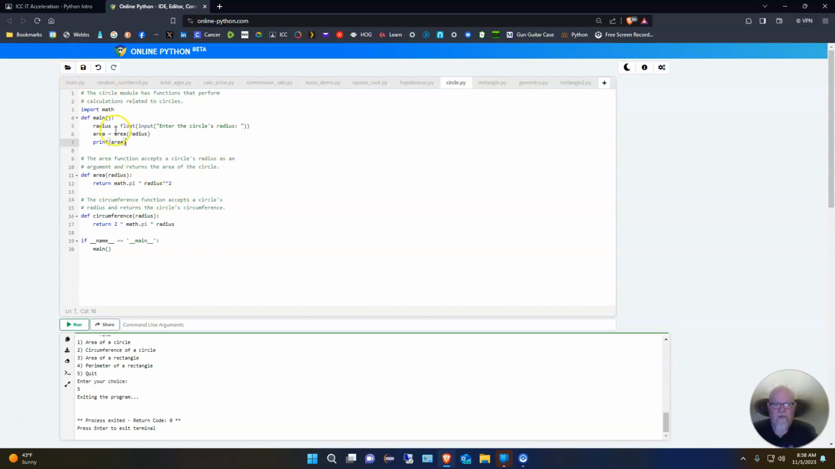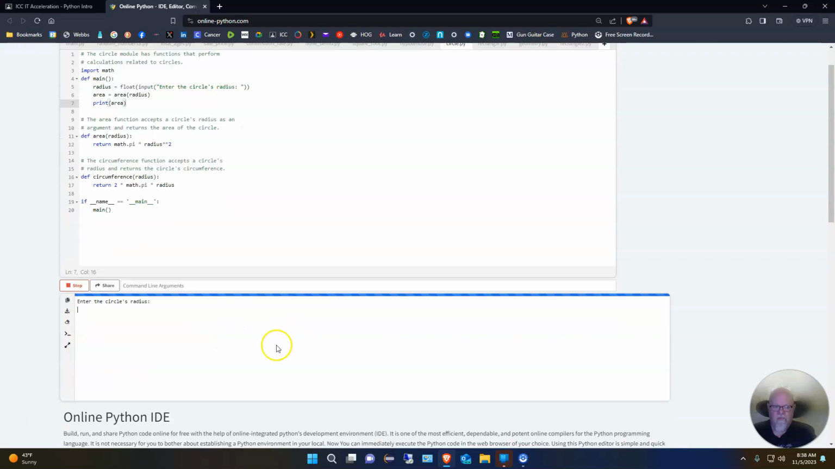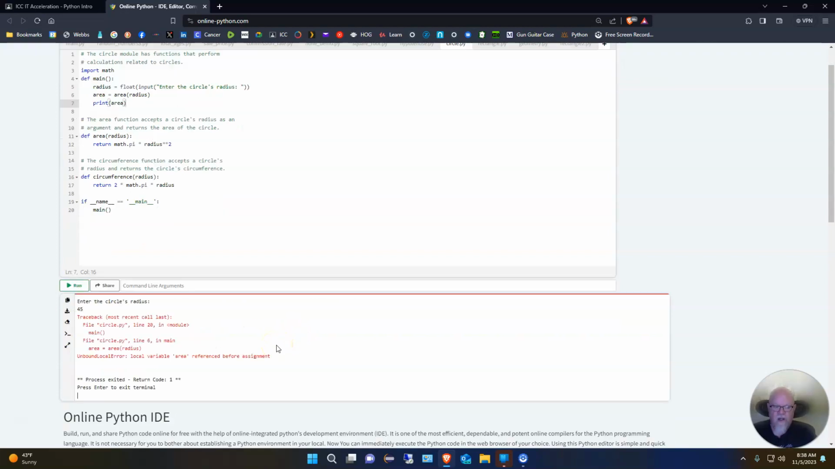So here's what I've done: I've got a main here, and it's going to ask the user for the radius. It's going to then calculate the area, and it's going to print the area. Now, if I run this as is, I'm going to type in a radius, and whoop,